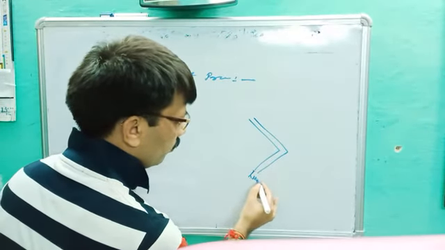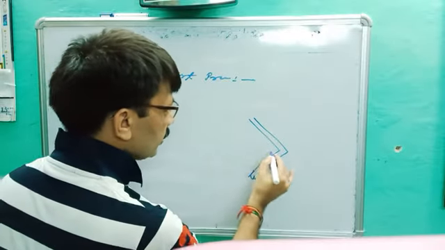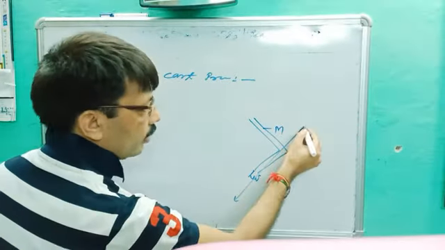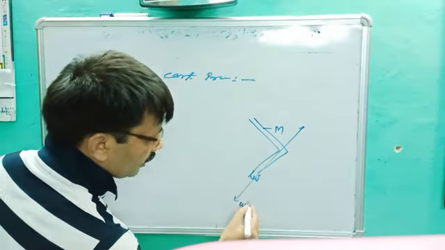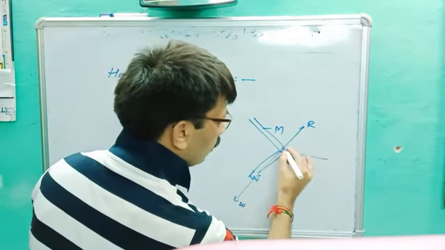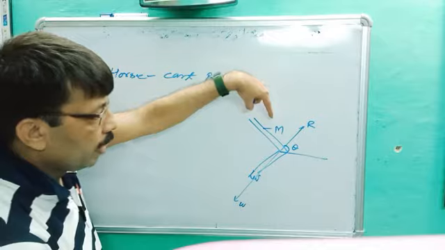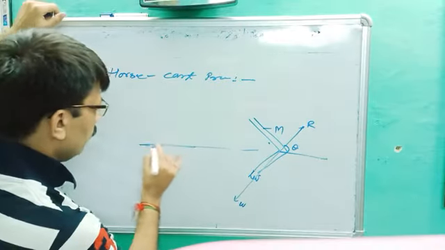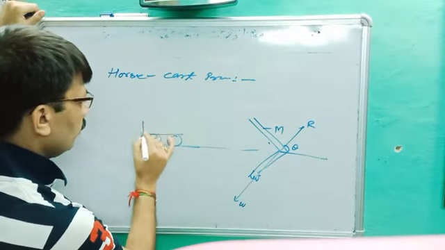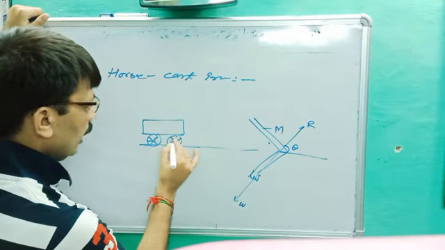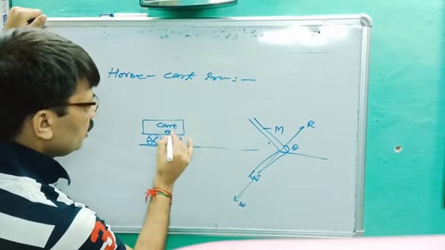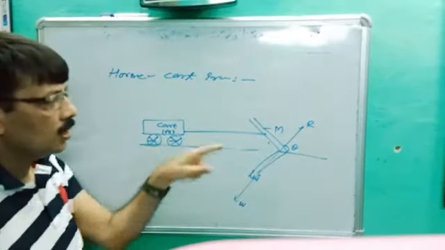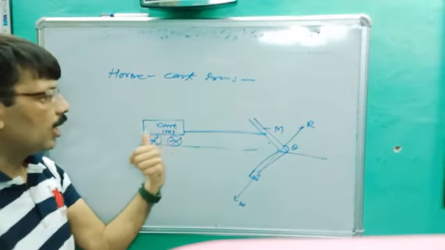we are trying to make the horse. This is the horse. The mass of horse is capital M. Action, let's suppose action is W. So this is reaction. It is making how much angle? Theta. The mass of horse is capital M. And same thing, a cart is there. You better know, this is the cart having wheel. Its mass is small m, and they are connected by what? String. You better know, they are connected by string. Horse mass is capital M, cart mass is small m, they are connected by string.